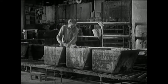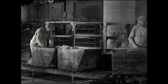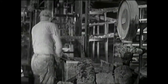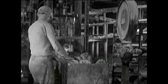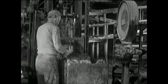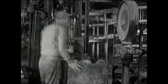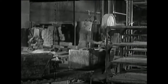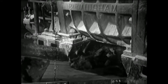Another long, safe mileage feature of Brunswick tires is its famous safe and efficient tread. In order to produce this tough, wear-resisting tread stock, 7 different ingredients are blended in with the highest grade of raw rubber obtainable. Each ingredient is accurately weighed before it is mixed in the huge Banbury mixing machines. These machines mix 800 pounds at a time, and then dump the batch to a conveyor belt which carries it